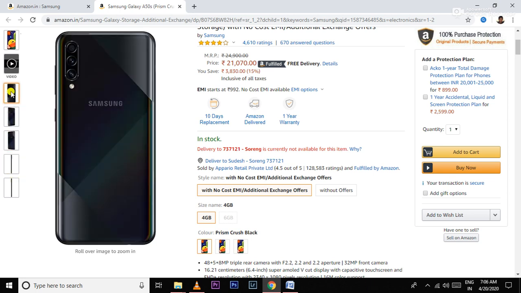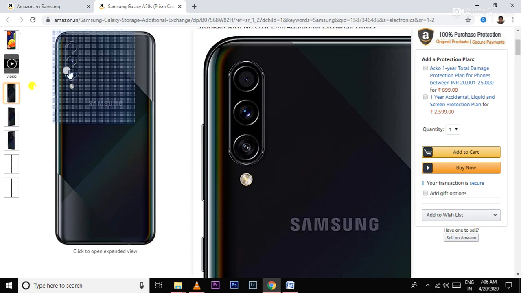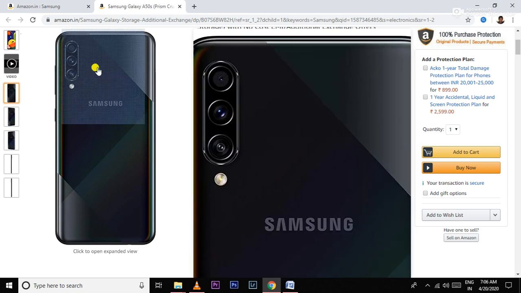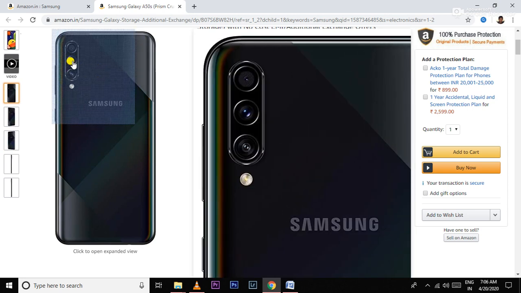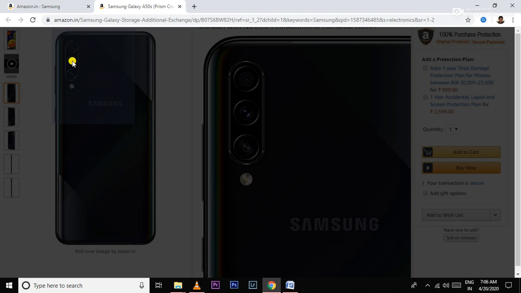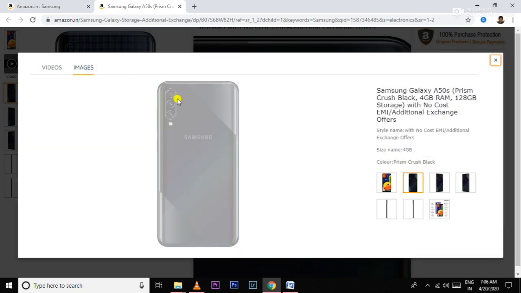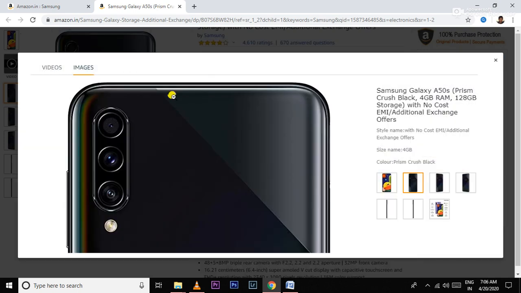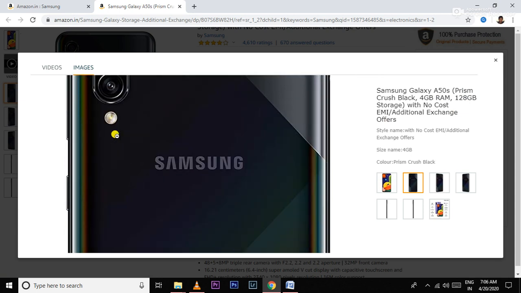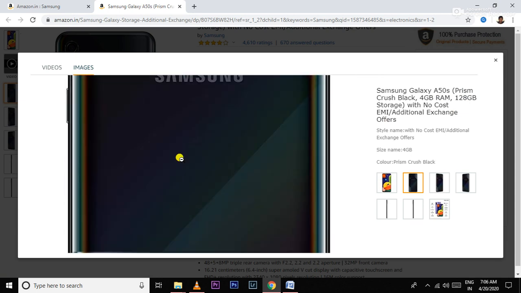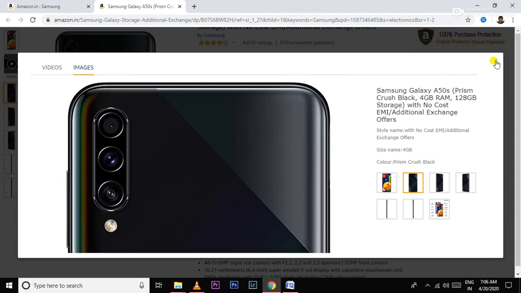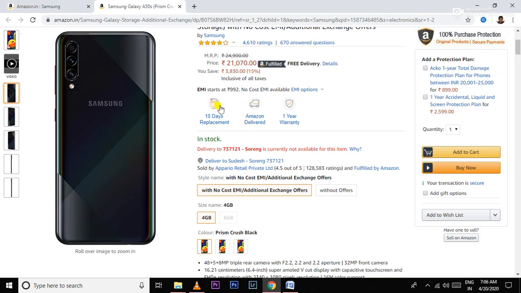You can view each and every detail here, or you can even zoom in by clicking on this picture. To view more details, you can zoom in and view the cameras, the back side, how it looks, its edges and everything. This feature helps you learn more about your product's physical appearance.